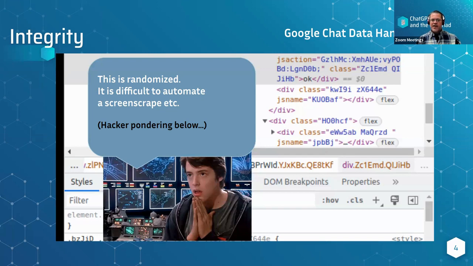But Google has locked that down, and they've made it pretty difficult because chat to chat, person to person, the structure changes. It's not predictable. You would need the algorithm that's generating these IDs in order to be able to have any chance at making it work properly. Now, you can do it. You can scrape all this stuff and filter it, but